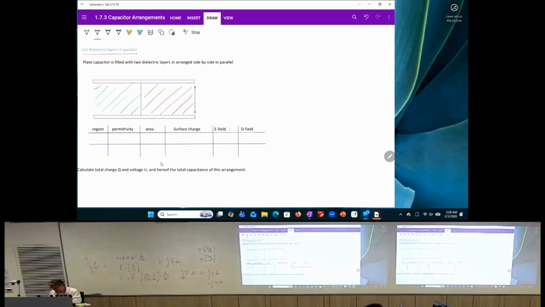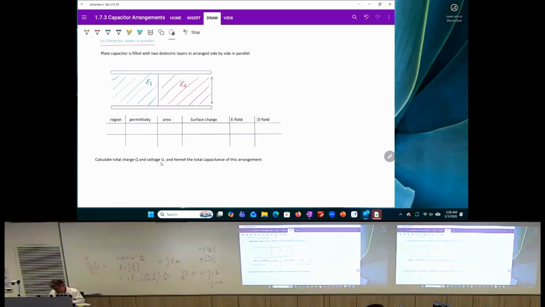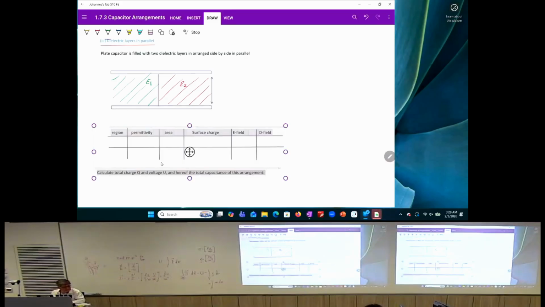So this is our epsilon 2, and this is our epsilon 1. How does this affect the overall capacitance of this parallel plate capacitor now that it is filled with two different materials side by side? So in terms of the geometry, it of course had a certain depth, but in terms of the width,